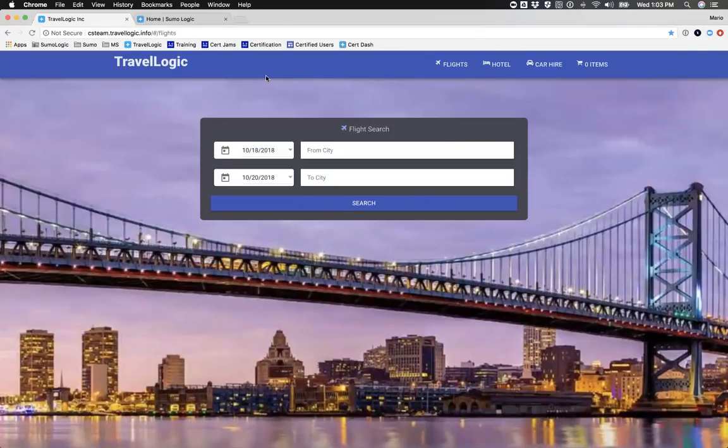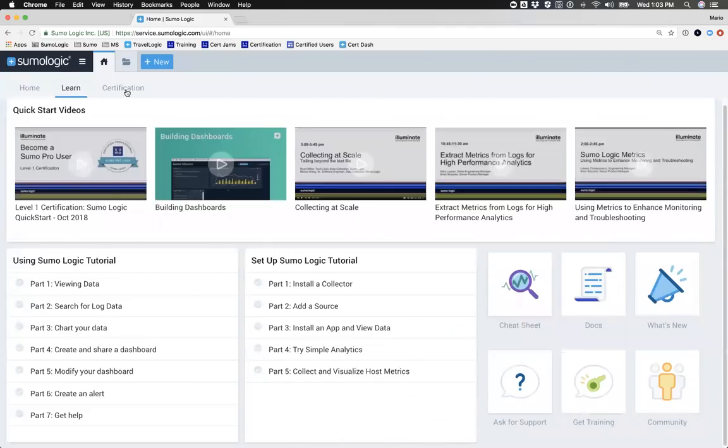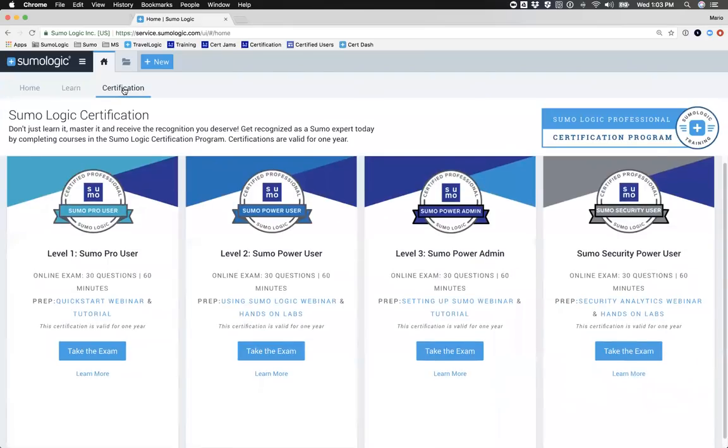Okay, if you go to your own instance, which should look something like this, you will have a tab called Learn and a second tab called Certification. If you go to this Certification tab, you notice that this is the one that we're doing today, Sumo Security Power User, in order to get certified. So it's an online exam, 30 questions. You have 60 minutes to complete it. In order to prep for that, you can attend this webinar, which you're attending today, and you can try these